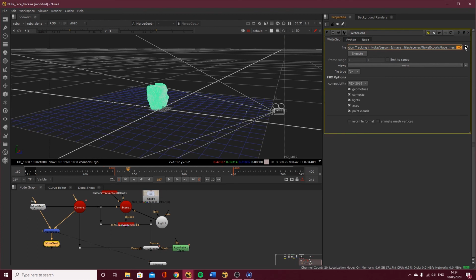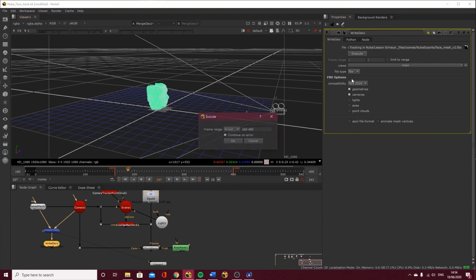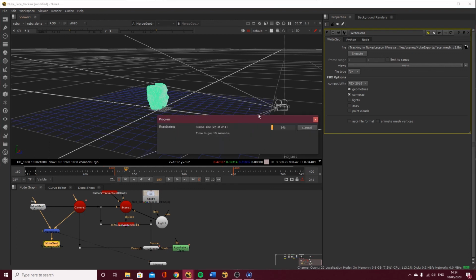It's because over here I should have put dot FBX at the end, and now just turn off point clouds, axes, and lights again. Sometimes if you set all this up before actually doing the file name and you don't put .fbx at the end, it just glitches out. So now if we go to execute 160 to 400, click OK, and you'll see it's playing through and it's going to export that out as an FBX file to use inside of Maya.